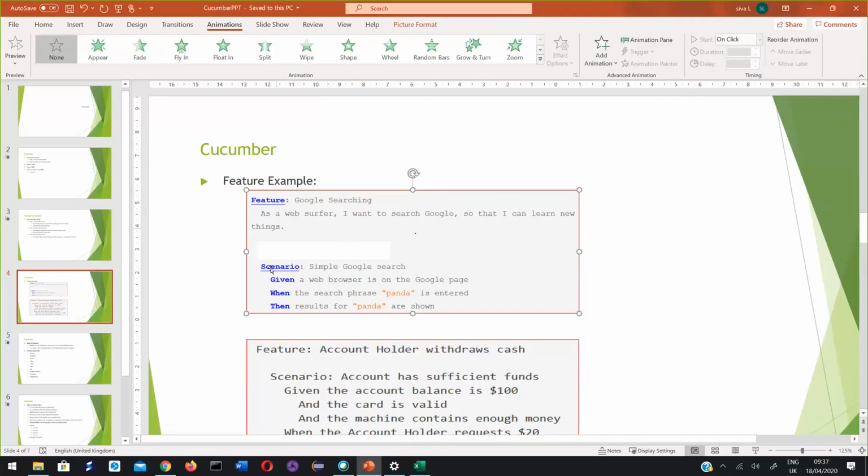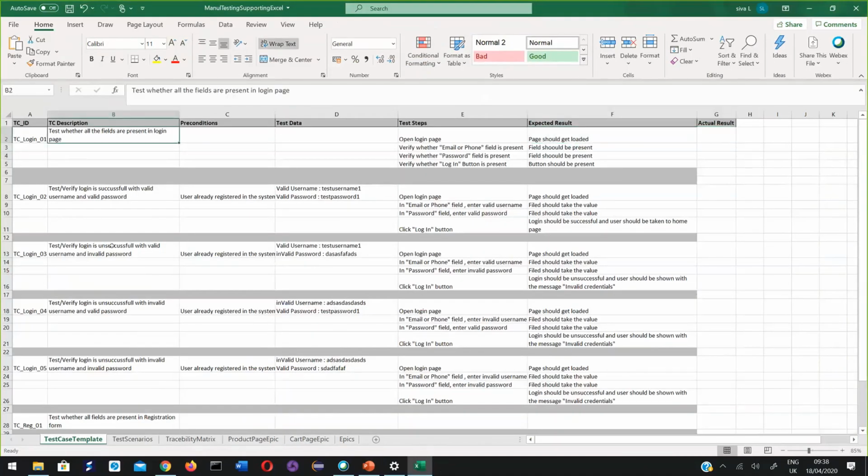Now this is your actual test case, which is called a scenario. In terms of Cucumber, we call every test case a scenario. Now here, see this test case. This line is again a description, simple Google search. Your test case has a description, right?